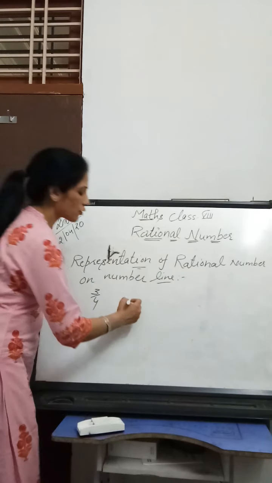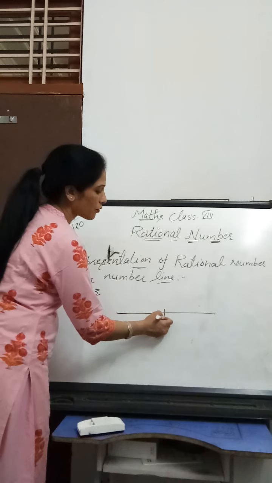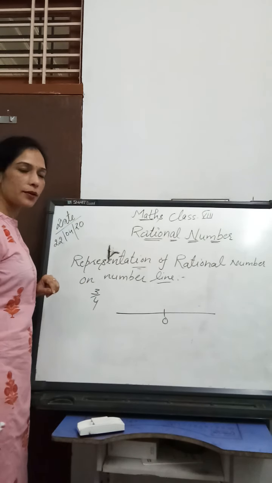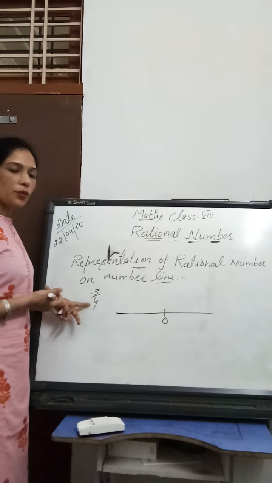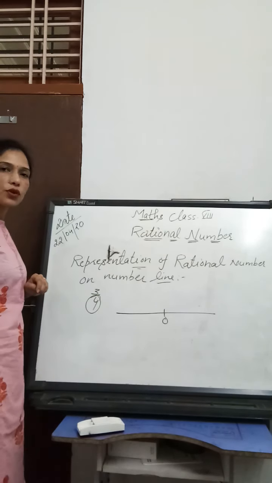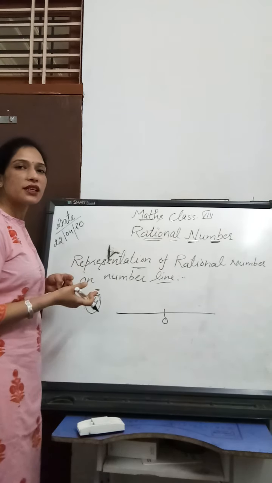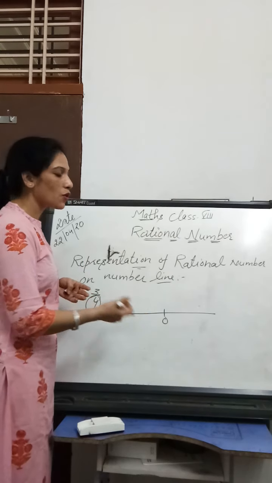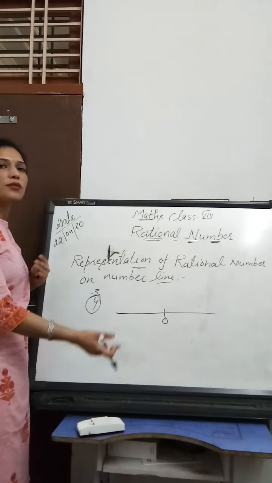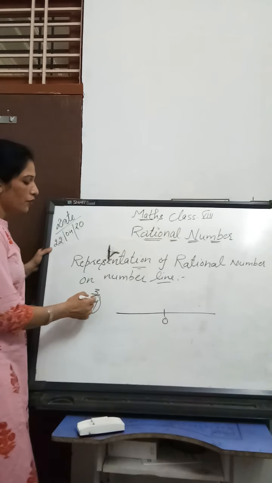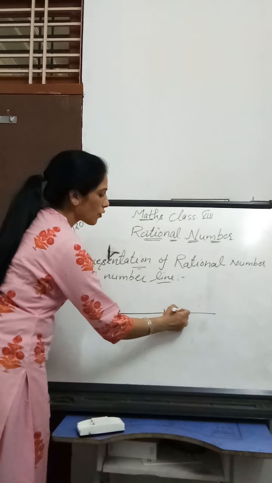So for this I will draw the number line, and as you know 0 I have to write in the middle of number line. And for representing the given number, first of all you have to see the denominator. Here denominator is 4. Now 3 by 4 is the positive rational number, so you will represent it on the right side of the 0, because all positive rational number are on the right side of the 0 and negative rational number are on the left side of the 0. So first of all we will see the denominator, and denominator is 4. Here I will draw 4 lines.